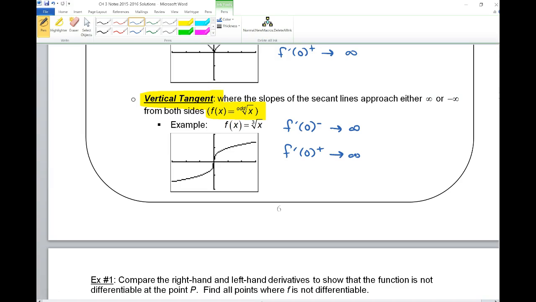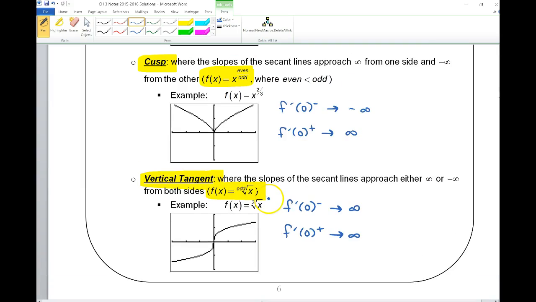Okay, these are specific. These have to be at infinity. Like these two, cusp and vertical tangent, they have to be approaching positive infinity or negative infinity. The one above the corner is just when they don't match up, so these don't have to. These are all places where they don't have derivatives. Okay? If it was a cube root of x squared,